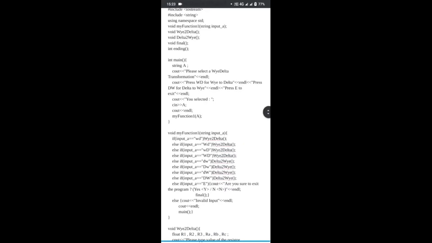I will talk about the source code of the Y-delta transformation program. When entering the program, it will print a sentence that lets the user choose their Y-delta transformation, which is WD for Y to delta and DW for delta to Y. And when their input is keyed in, it will lead to the user-defined function, which is named